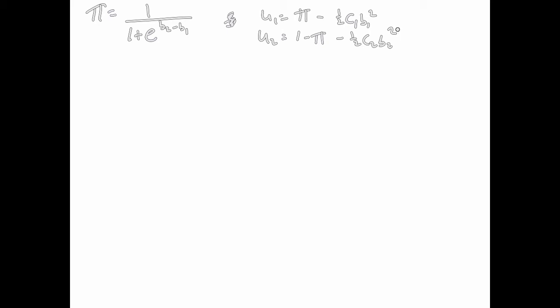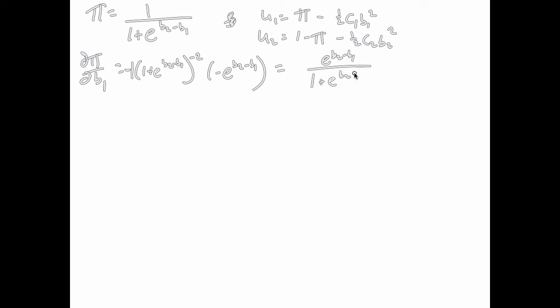Now, an interesting fact about the derivative of pi, I think it's interesting, is that if you take this, what's that? Well, this thing is equal to 1 plus e to the b2 minus b1, all to the negative 1 power, because 1 over that is just to the negative 1 power. So the derivative is going to be this to the negative 2 power times the derivative of the thing inside here, using the chain rule here. Well, what's that? That's going to be, and I pulled the negative 1 for this, negative e to the b2 minus b1. So this thing is going to be, negatives cancel, I get e to the b2 minus b1 over 1 plus e to the b2 minus b1,